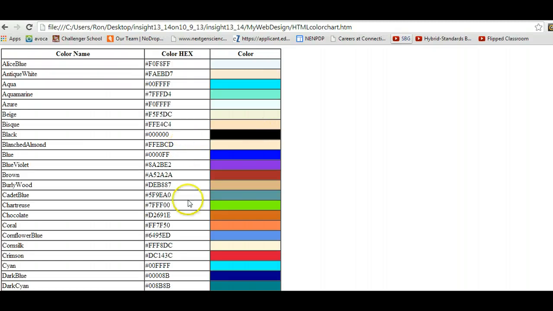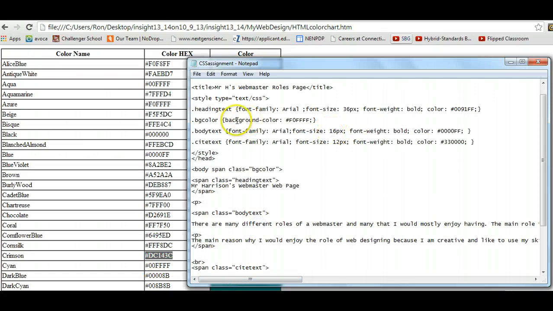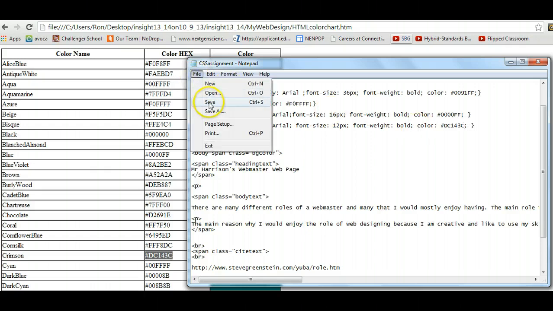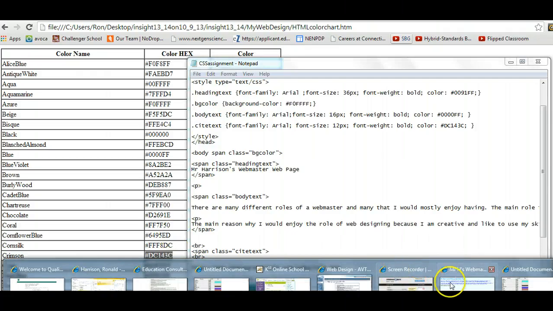Maybe I want that text down at the bottom, instead of being that dark black, maybe I want to make this crimson red. So I'm going to highlight right there, Control C, go back to my editing document, and I know that all these things at the bottom down here, they're being affected by site text. So I'm going to go to site text right here, take that color out, Control V, File, Save, and go back into where my web page is,